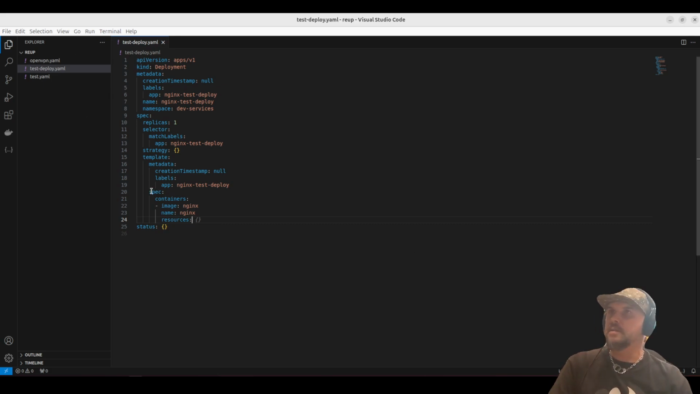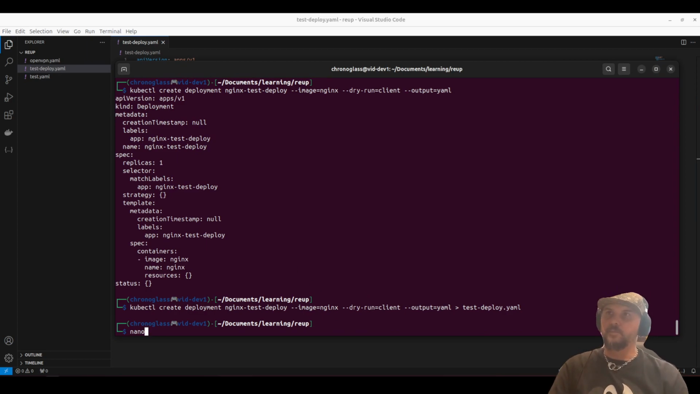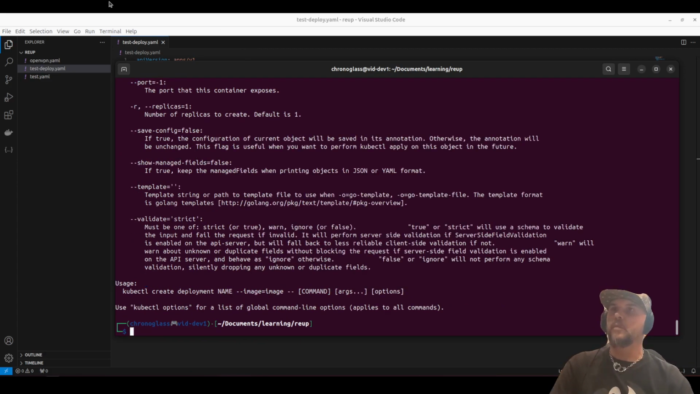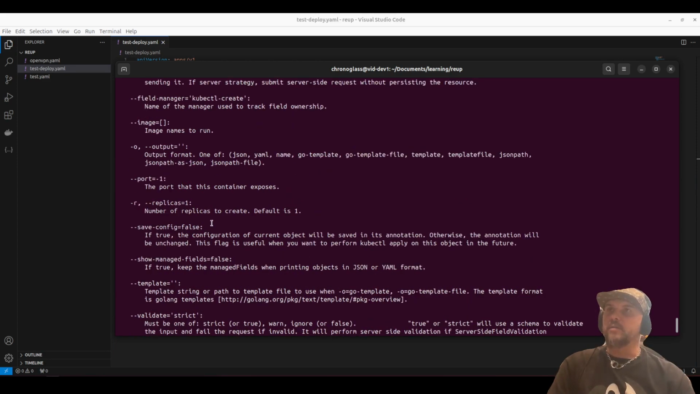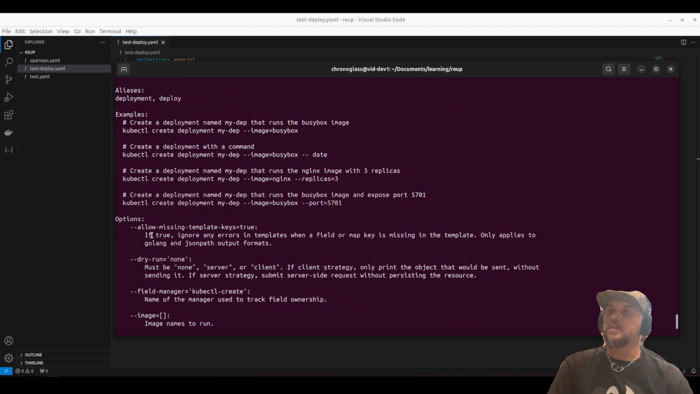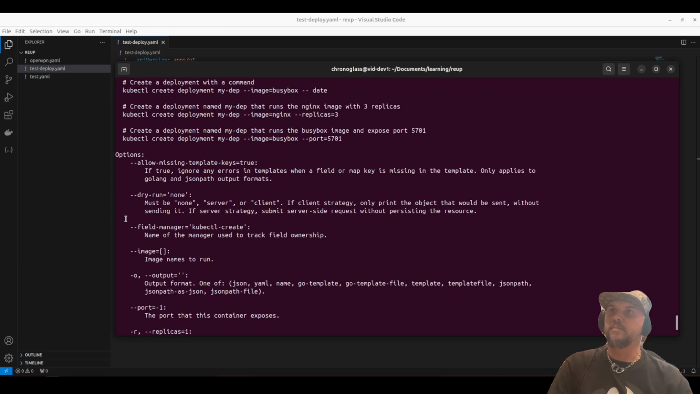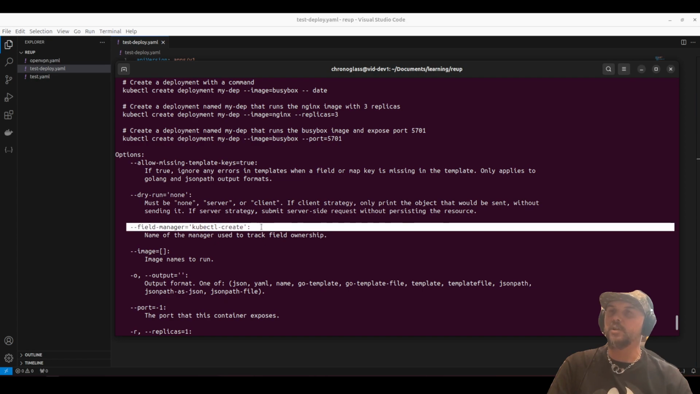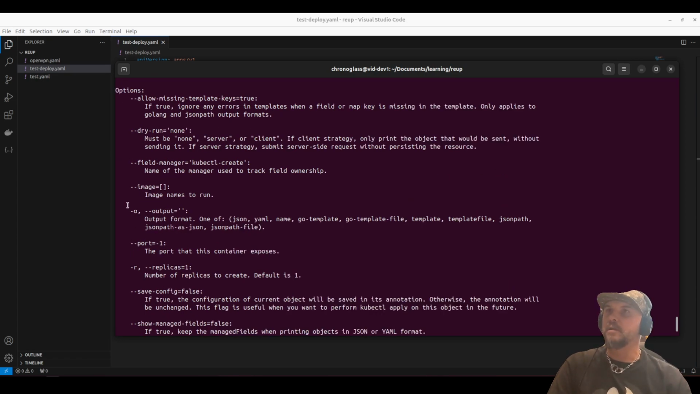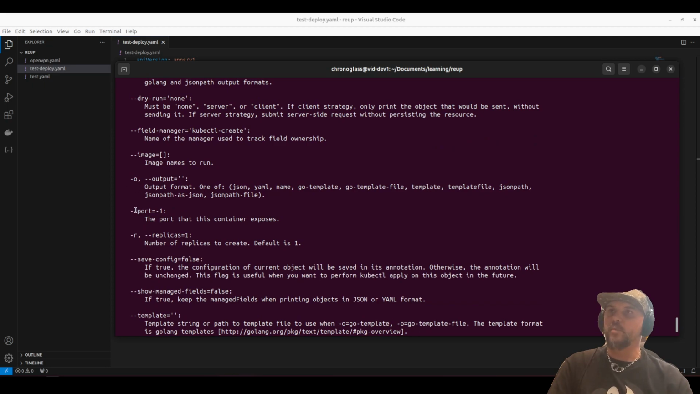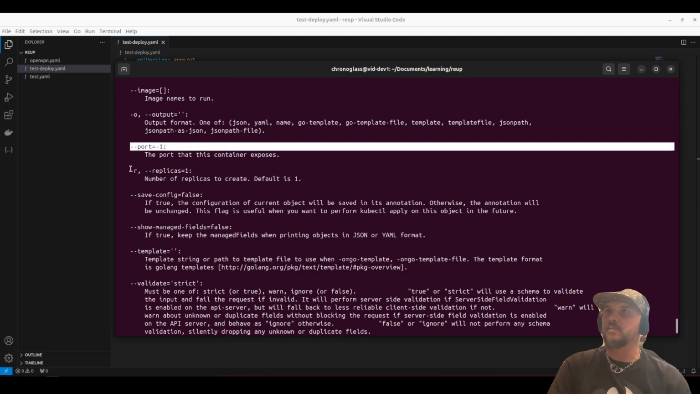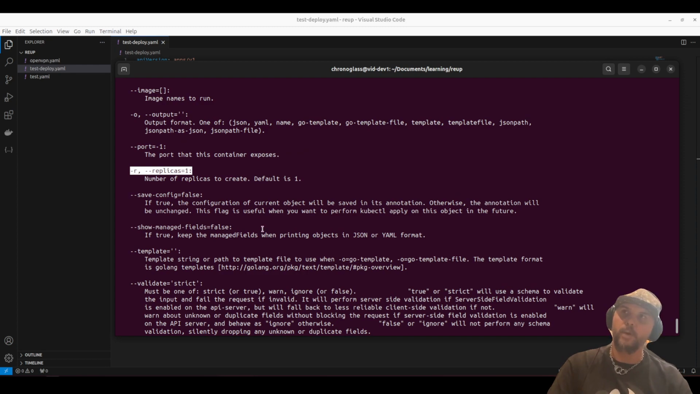If we go back to the deployment here, we can add all of these other items directly into the file, right? So dry run, of course, field manager, we'll say where it was created, change our output, we can set our ports, but this one also gives us the ability to say how many replicas. Default's 1, but if we want like 10 of them,